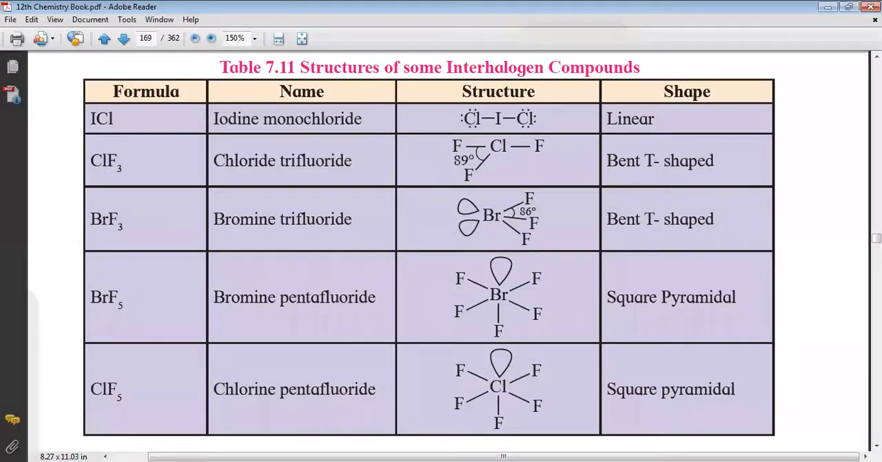Look at the structure of some interhalogen compounds. You see there are total four columns. Column one has the formula of the interhalogen compounds. Column two gives the names of the corresponding compounds. The third column tells about their structure, and the fourth column is about the shape of these interhalogen compounds, and the fifth column